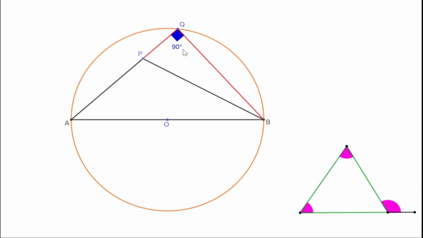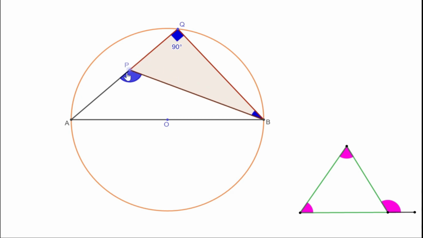Can you see a similar situation here? Look at this triangle and these angles. When you consider this triangle, this is an outer angle and these are the interior remote angles. So this angle equal to sum of these two angles, and we know this is 90 degree. Sum of these two means definitely it is more than 90. So this angle is more than 90, or it is an obtuse angle.